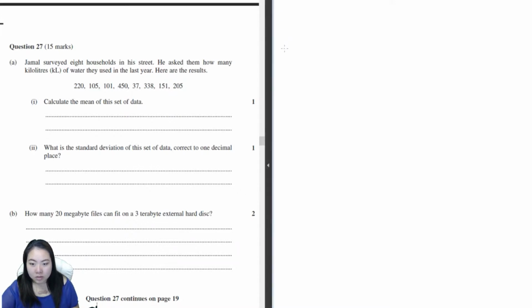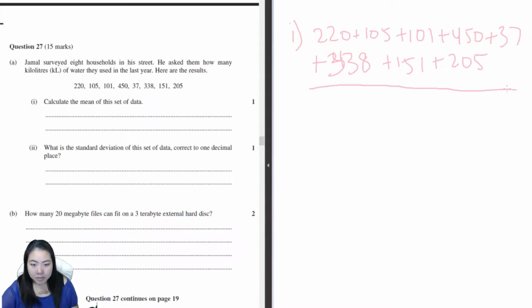So all we need to do is add all the numbers together. Then we divide by how many numbers there are, which is 8, I believe. Yep, and I'll just double check that. 1, 2, 3, 4, 5, 6, 7, 8. And I'll say mean equals